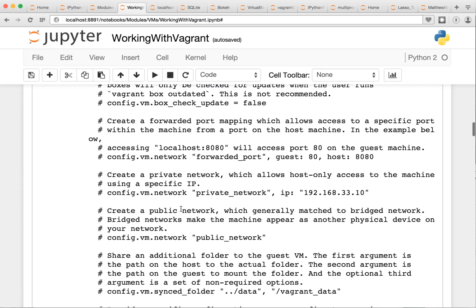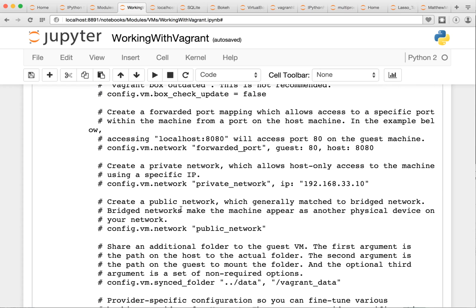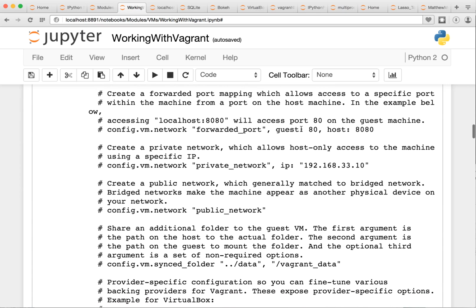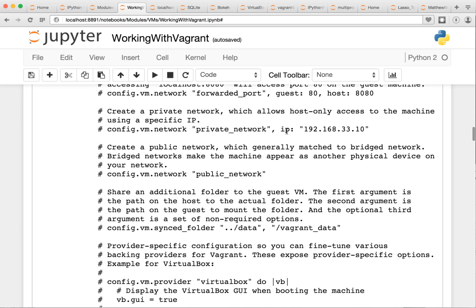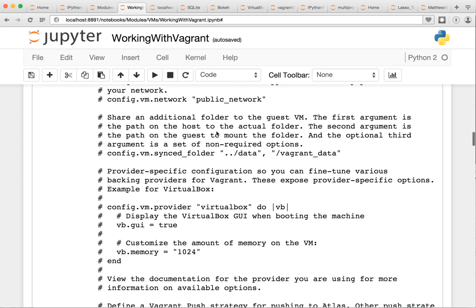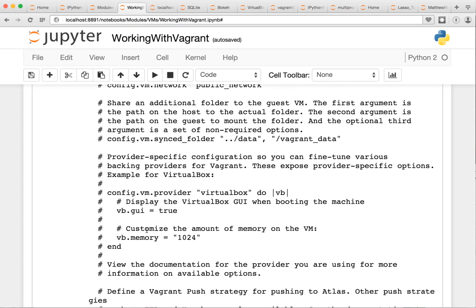Most of these things are commented out, and they're examples of what I can uncomment and modify if I want. So if I want to change the kind of ports, I can forward ports. I can uncomment this line, and I'd have a forwarded port that on the guest would be 80, and on the host gets mapped to 8080. That would be useful for just simple HTTP forwarding. There are different configurations for the networking that you want to set up, etc. I can specify how much memory the machine is going to use here,